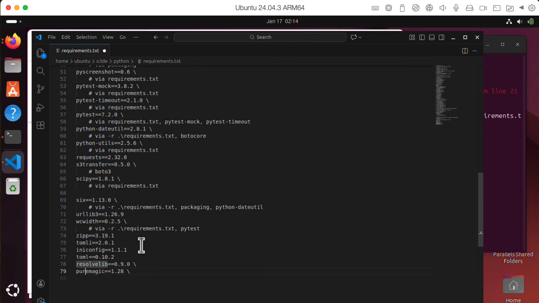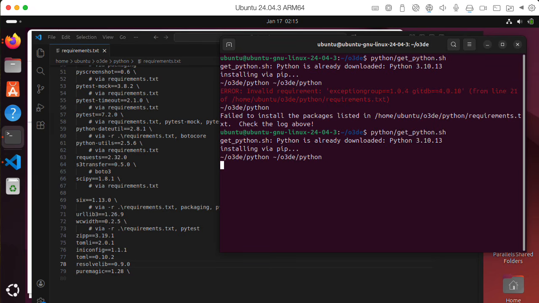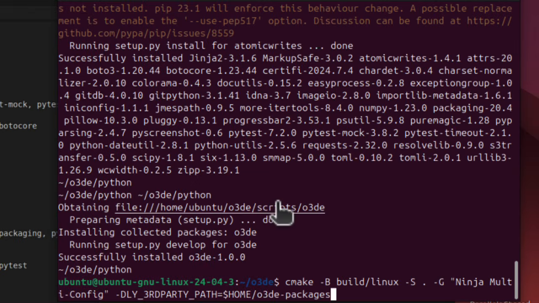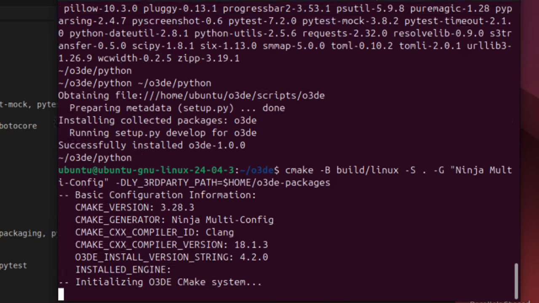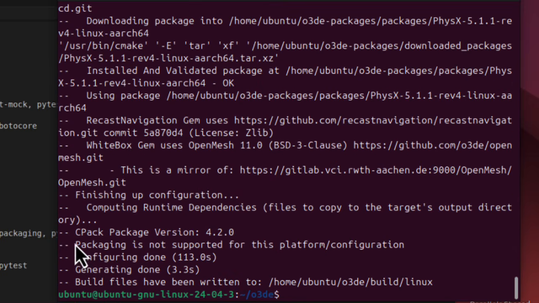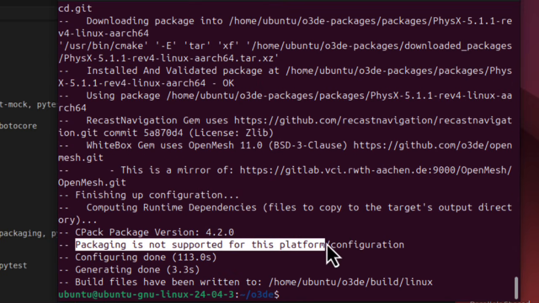This. And that. Okay, now will you be happy? Come on, be happy. And look at that, it didn't complain. So let's try that CMake line again. Fingers crossed. It says packaging is not supported for this platform/configuration, but it didn't give me any errors.